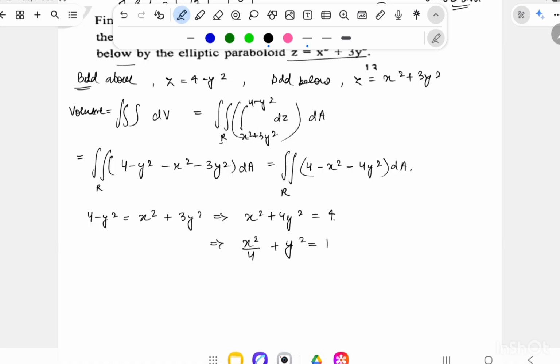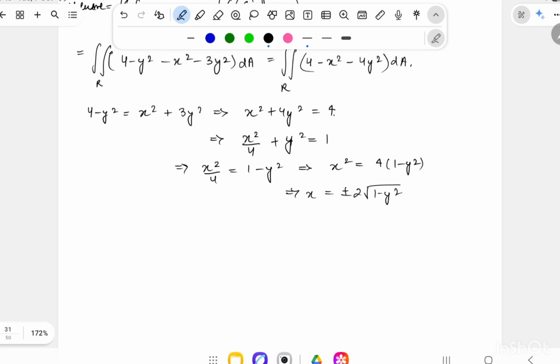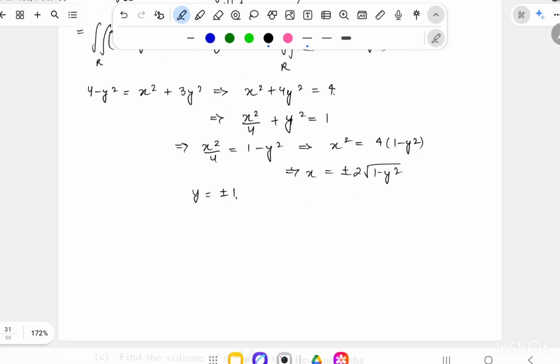So from here we get our x as, x square by 4 is equal to 1 minus y square. So x square will be 4 times (1 minus y square). So x is in between plus minus 2 under root 1 minus y square. These are the limits of x, and whenever x is 0, y varies in between plus minus 1. So the given area reduces to,